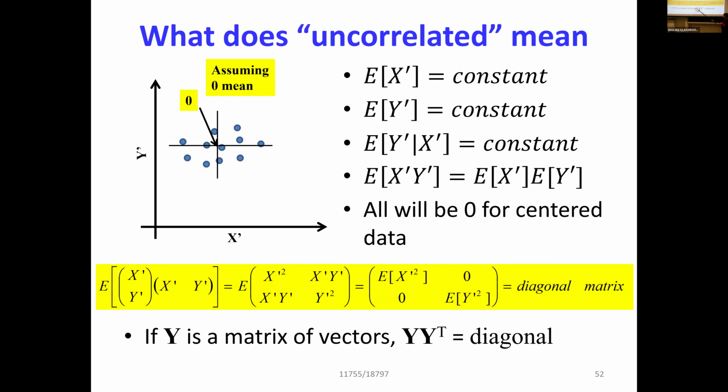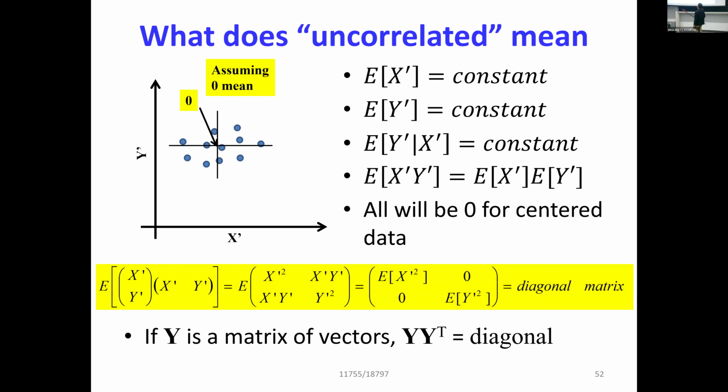And so moving the expectation in, this is the expected value of x prime squared and the expected value of y prime squared. Now, if x and y are uncorrelated, I'm assuming zero mean for now, I can always make things zero mean by subtracting the mean out, then I want these diagonal terms to be zero. So I know that x prime and y prime are uncorrelated if the diagonal terms of my correlation matrices are zero. And so